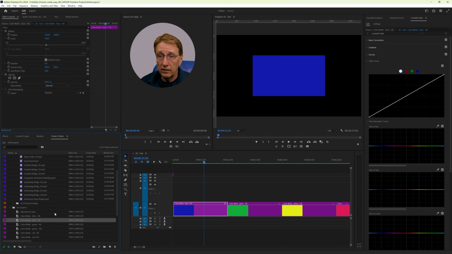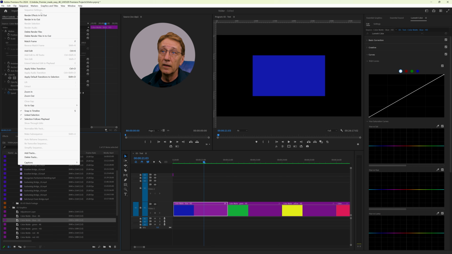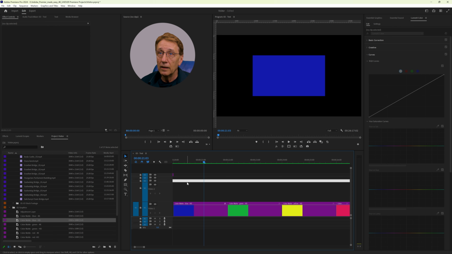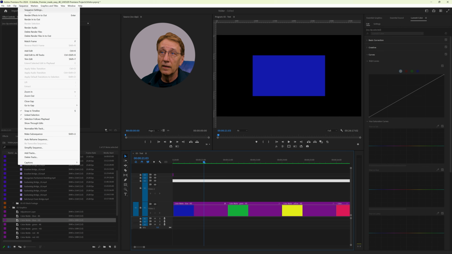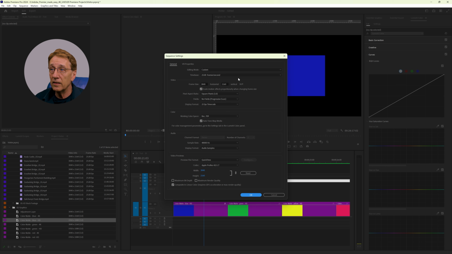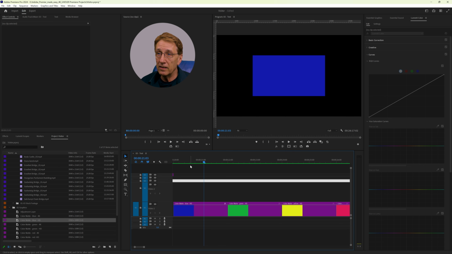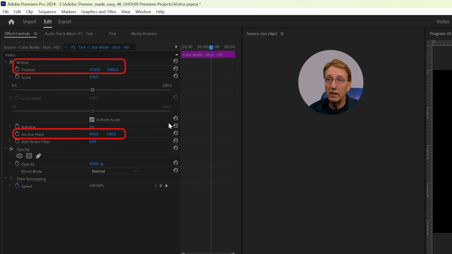You see this is a color mat and it has the dimension of 1920 by 1080, and the sequence size, in sequence settings, is 3840 by 2160. So this clip is half the size,